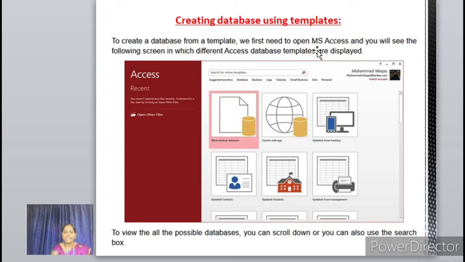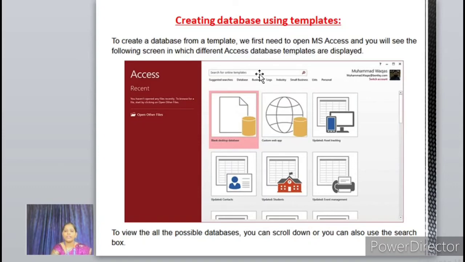Now let us see creating a database using templates. To create a database from a template, we first need to open MS Access and you will see the following screen in which different Access database templates are displayed. To view all the possible databases, you can scroll down or you can also use the search box.